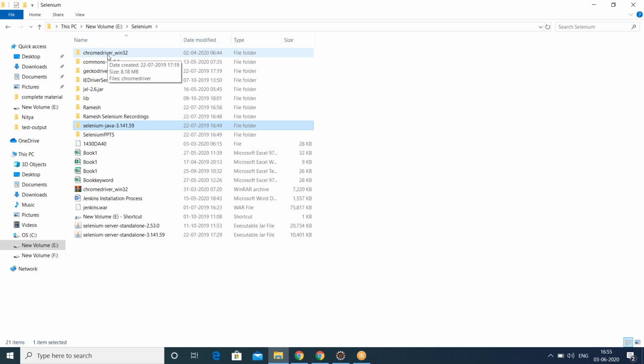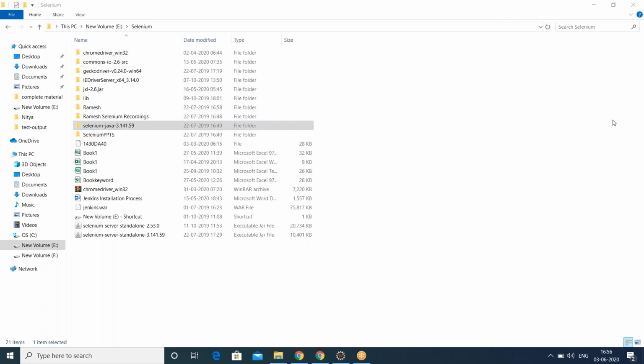We are ready with Java, we are ready with Eclipse, we are ready with the WebDriver Java related jar files, and we are ready with the Chrome driver file. So these are enough to start the Selenium WebDriver development process. Any questions so far?